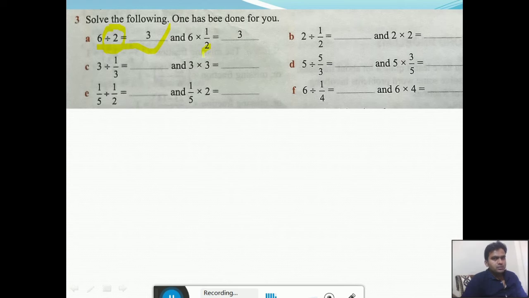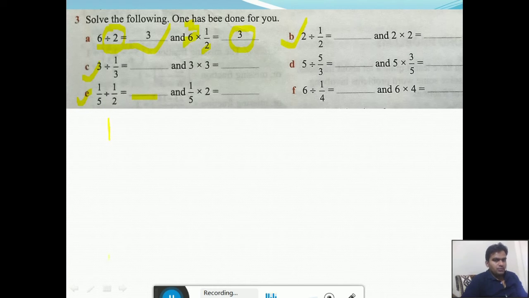Now this 2 we can cut. We can simplify by reading a table of 2, how many times? 3 times. So 2 3s are 6. So the answer is 3. Like this you have to solve all these questions. So solve all these questions in your book and complete these boxes. Complete these fill-ups. Okay. So how to solve this 1 upon 5?